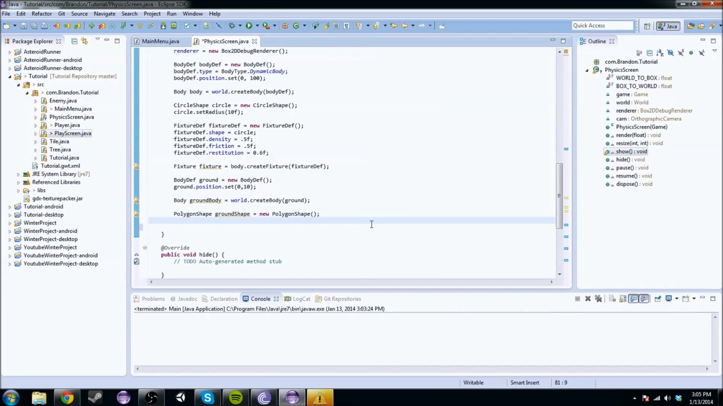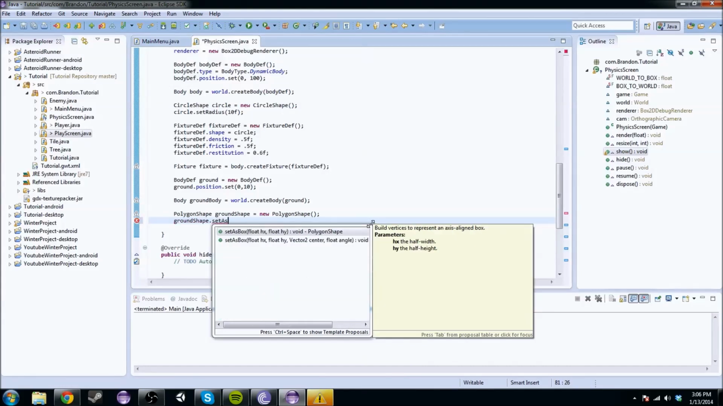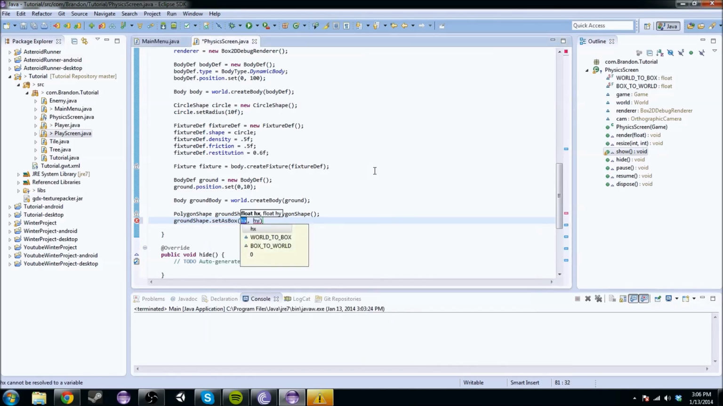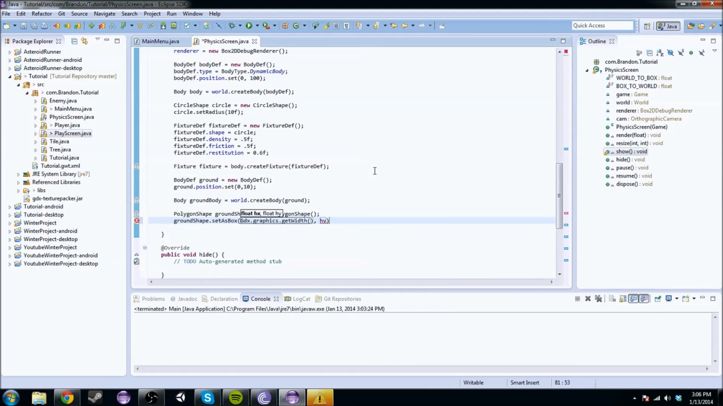So let me see here. Ground shape dot set as box. Now this is going to basically make sure that our things extend the entire X of the camera. That's kind of hard to explain. Dot view, or we can just do GDX dot graphics dot get width, and then you want to do